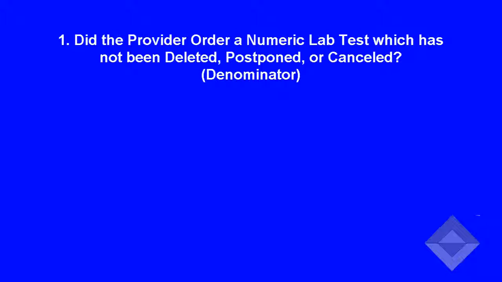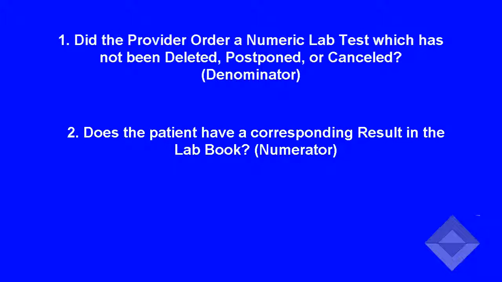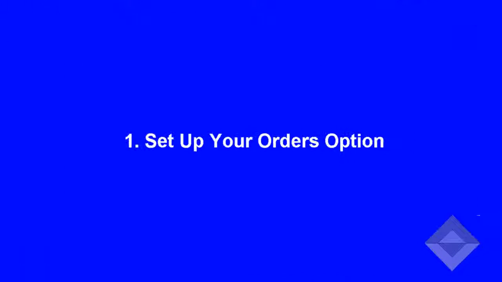First, did the provider order a numeric lab test which has not been deleted, postponed, or canceled? This constitutes the denominator. Second, does the patient have a corresponding result in the lab book? This constitutes the numerator. In order for the lab book to link its results back to the corresponding orders, it